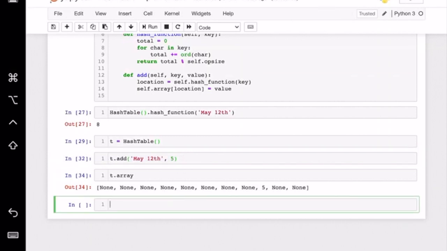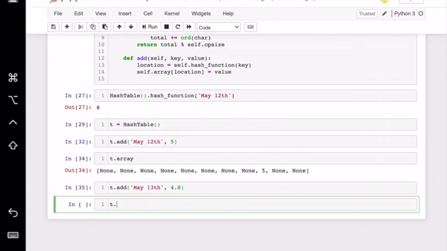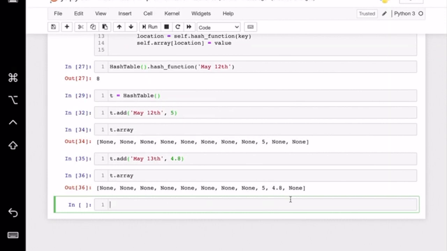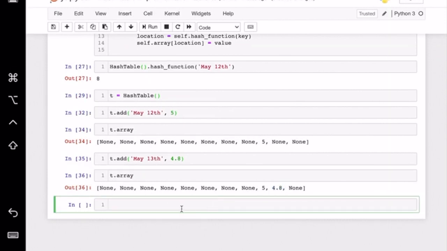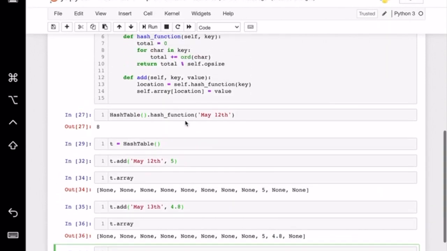And now we can continue to, let's just add one more just for safe measures. May 13th, and its corresponding value was 4.8, I believe. So t.array will now show us 4.8 in index 10. Cool. So now let's develop the get functionality,